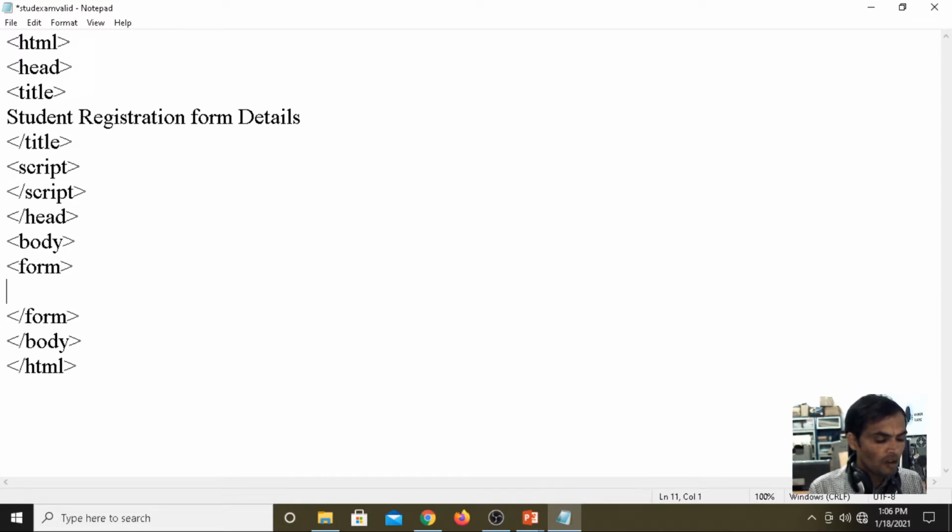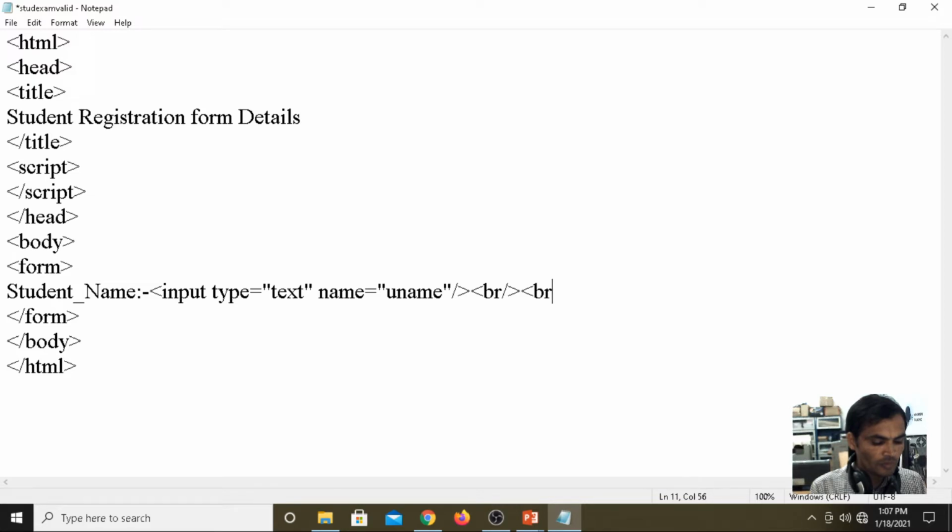Now under the form, I am writing the student name. Input type equals text, name equals uname.